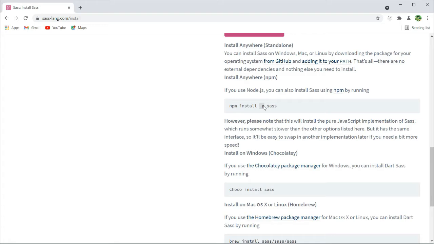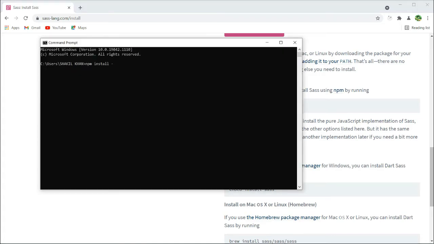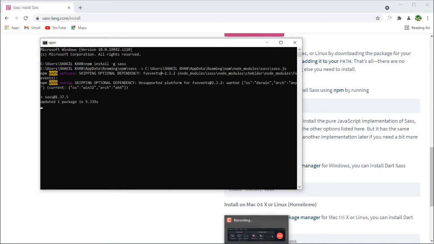So once we install the SaaS package globally, after that we can access the SaaS package throughout our system. So that's why we have to install the SaaS package globally. So let me add dash g sass. Now press the enter key from the keyboard. Just wait a moment. Yeah, the package has been installed.